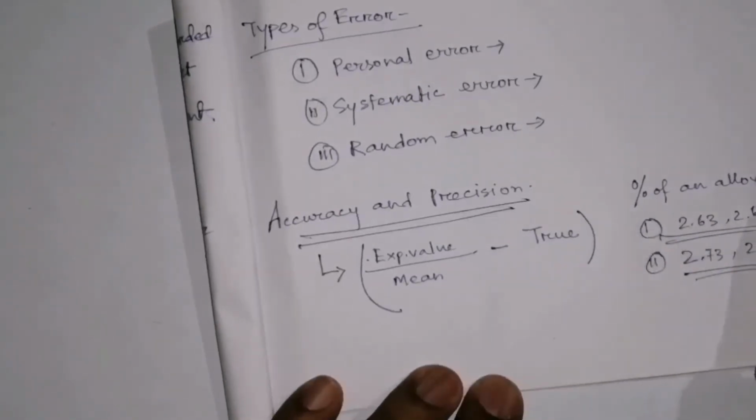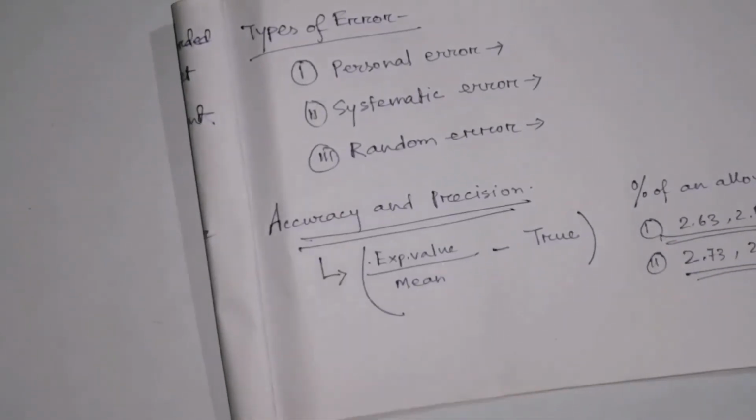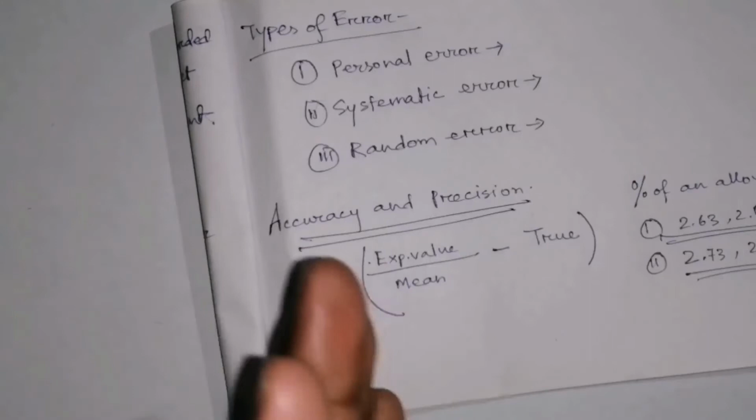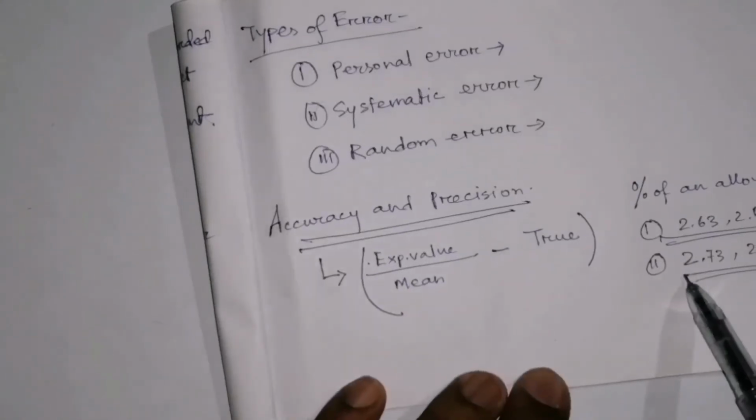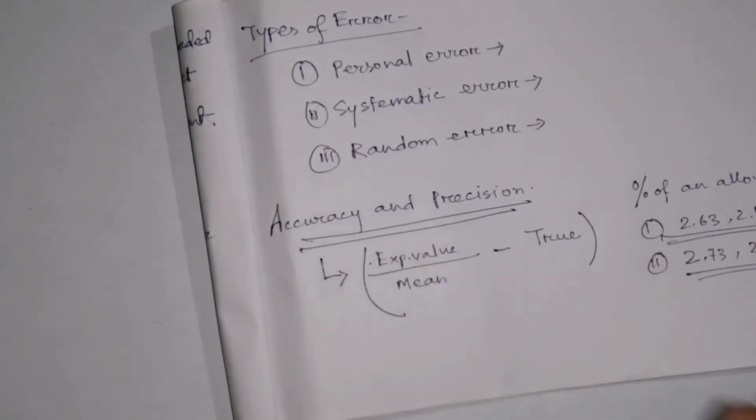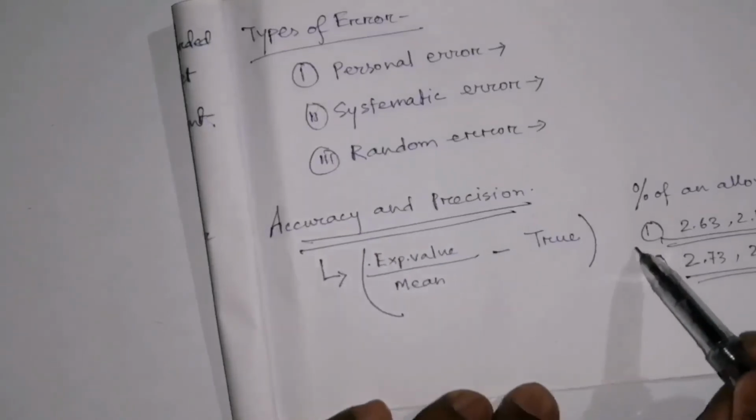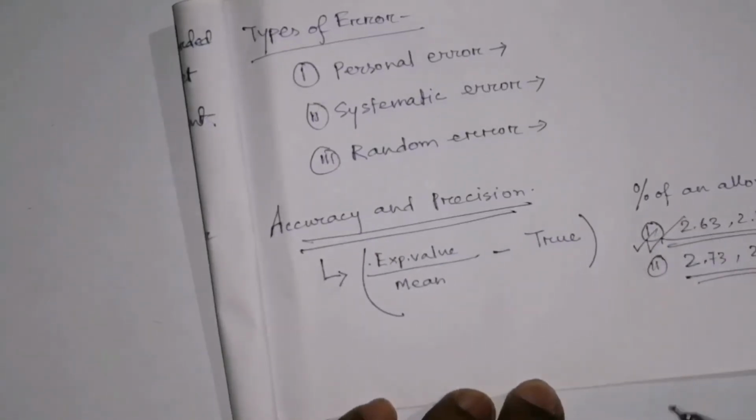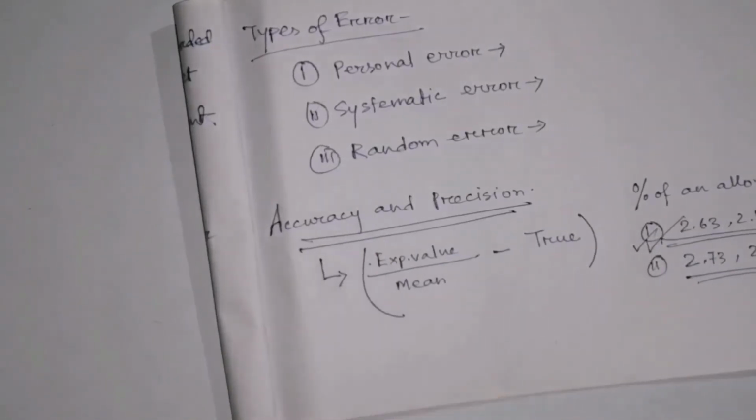We see that in this percentage composition of an alloy, the first set has far better values than the second. That means they are close to one another. But in the second set, there is a far greater difference between the values. So the first set of experiment has a greater precision.